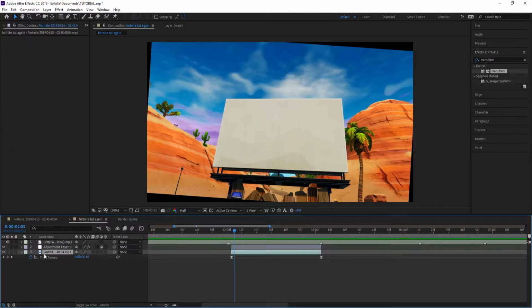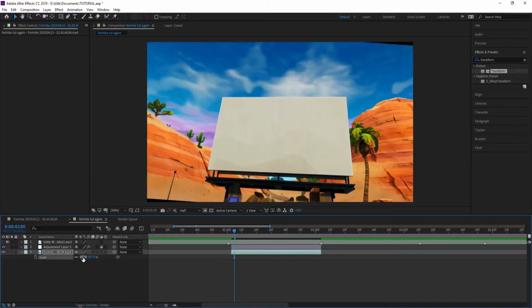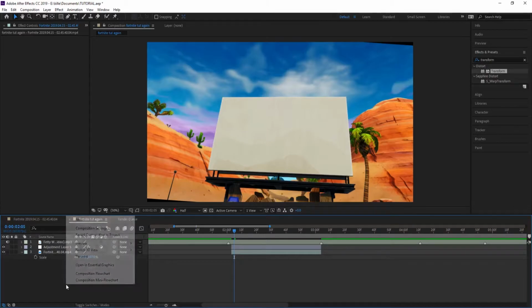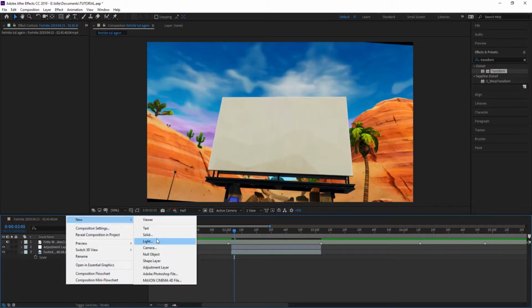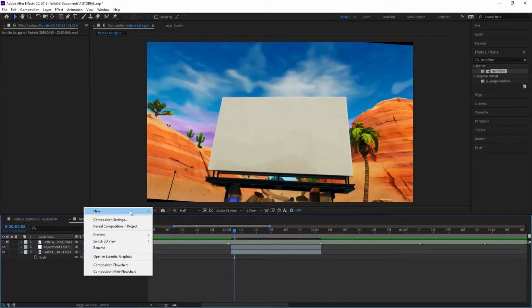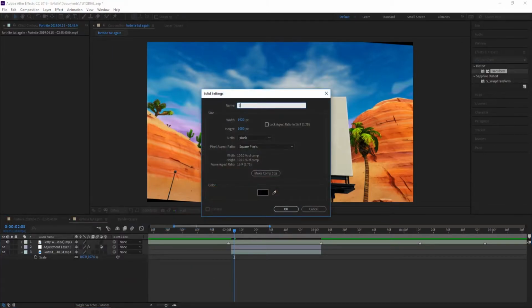That looks terrible. So you want to grab the first clip, press S on your keyboard, open up the scale, and change the scale to 107. Once you do that, it should go in a little bit, but it's not gonna take it up completely. So what you want to do now is right click, new solid. You want to call it black bars,